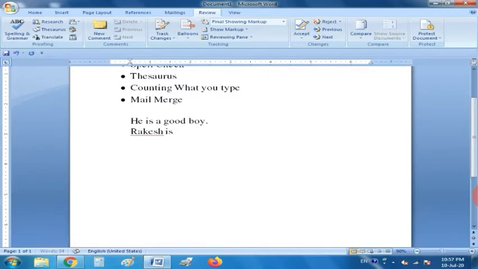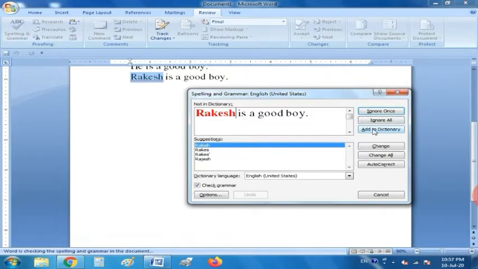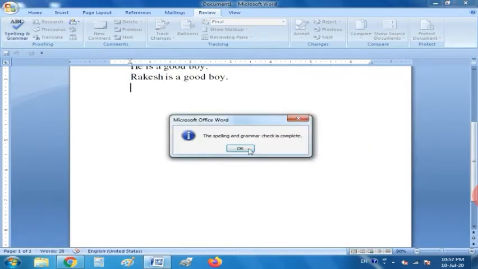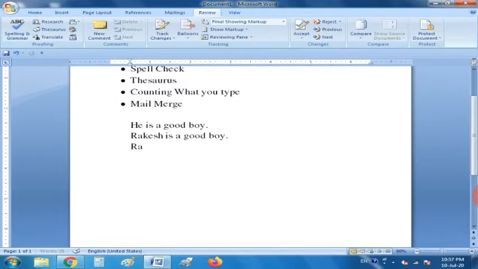Clear? Students, suppose you want to type your name. Whenever you type an Indian name, you will always see the red wavy underline. For this, students, you can add this word into the dictionary, because these Indian words are not in the Microsoft dictionary. That's why the red wavy underline always appears. So whenever you write Rakesh, it will never show the red wavy underline if you add this word in your dictionary. Clear? I hope students you have understood.